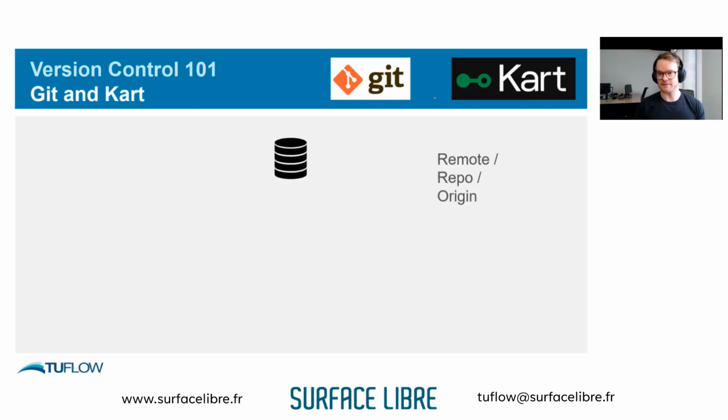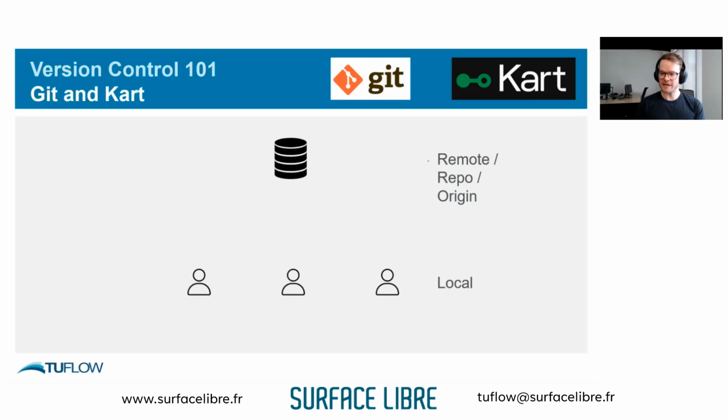To go through how it works, we usually have a repo, or sometimes it's called a remote, or sometimes it's just the origin. There's probably some key differences between these words and terminology, but I'm not going to go into it. I don't know the exact nuances between why you would use remote over origin. But essentially, you'd have some central location, maybe on the cloud or on the network or some server somewhere, which would hold your model.